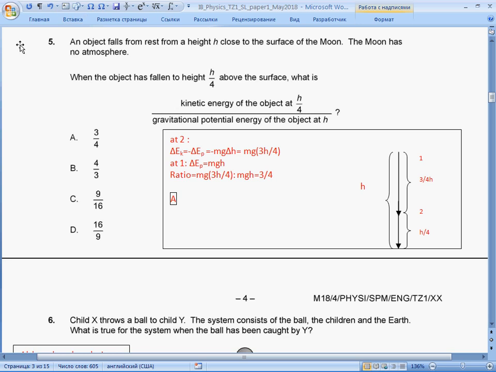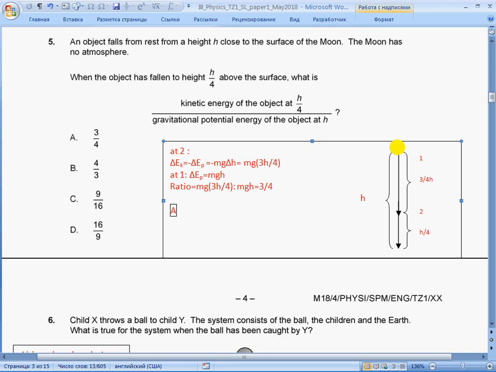Question 5. An object falls from rest from a height h close to the surface of the moon. The moon has no atmosphere. When the object has fallen to the height h/4 above the surface, what is the ratio of kinetic energy to the gravitational potential energy at h? So here is the picture. Position 1,